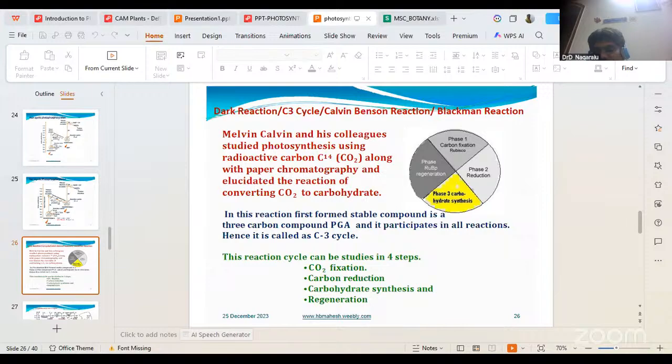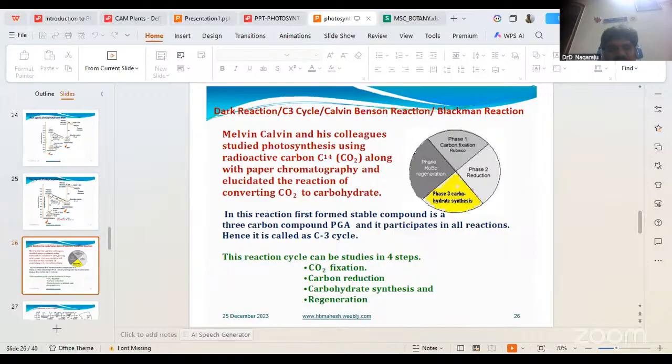Fructose 1,6 bisphosphate releases one phosphate from the first carbon and again forms fructose 6 phosphate. Here the phosphate is substituted with a hydrogen proton. This fructose 6 phosphate, with one glyceraldehyde 3-phosphate, forms